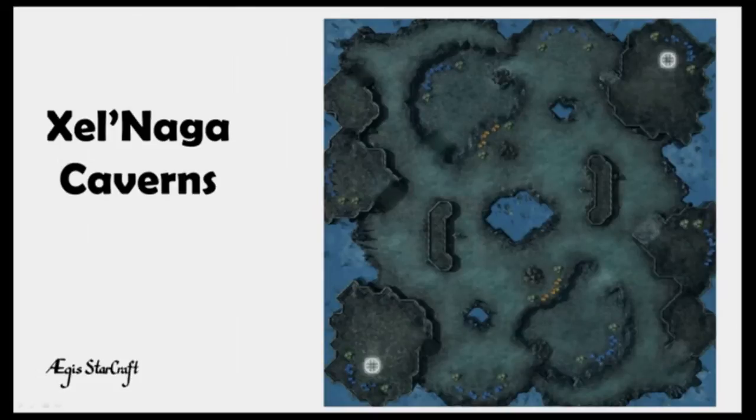So these are the maps for the Collegiate Star League Round 8, and this is AEgis, and you can check